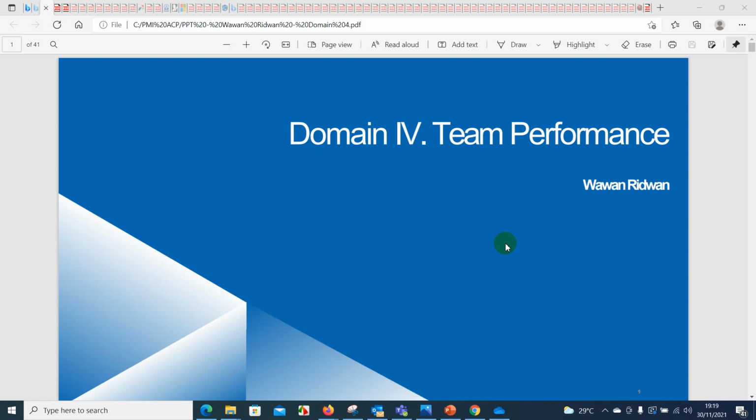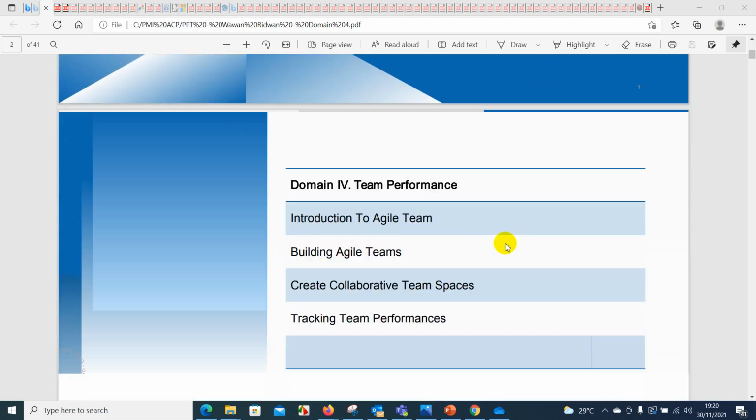Oke, kita lanjut ke domain 4, team performance. Oke, domain 4,